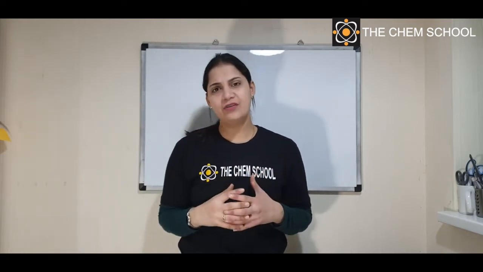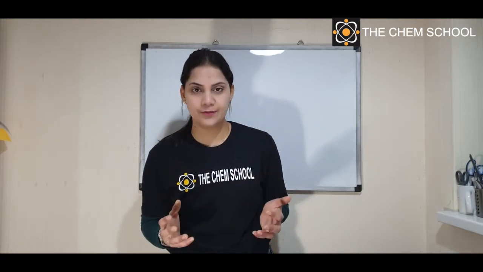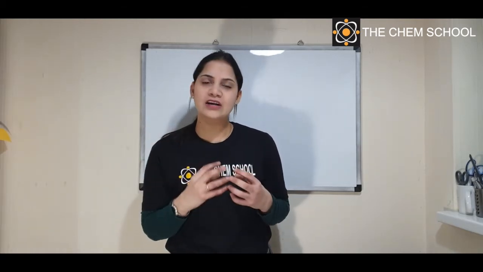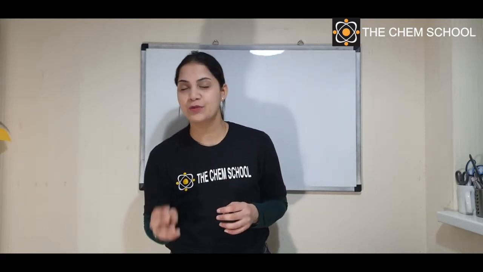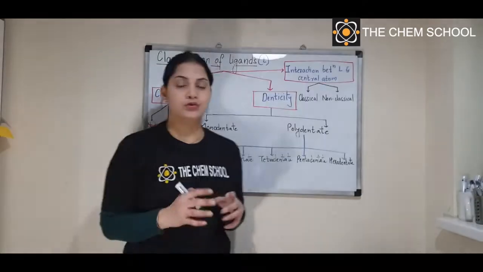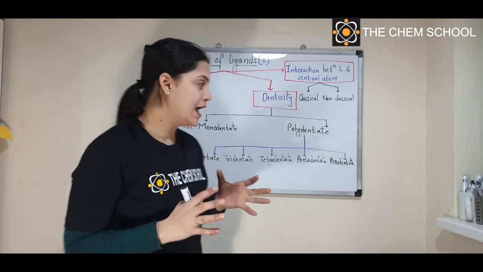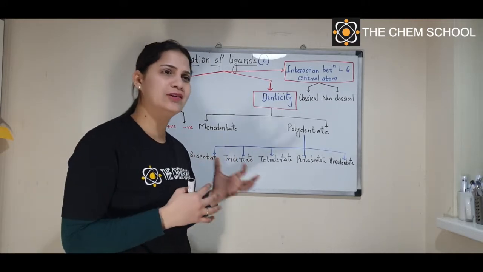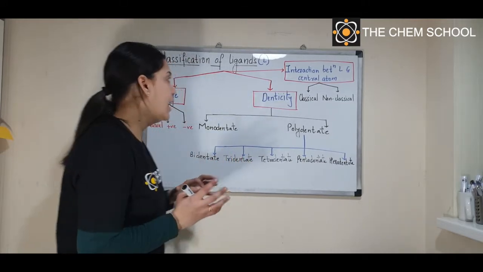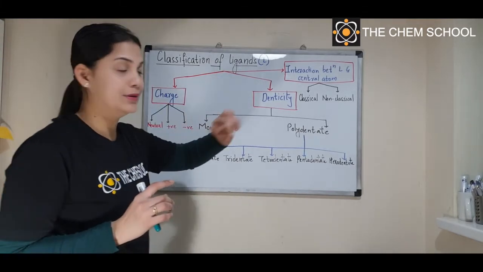So today what are we going to cover? Today we are going to talk about classification of ligands. In this we are trying to take more and more examples so that when you get a ligand, you know, okay, this is the ligand and this is going to be the name of the ligand. So let's get started. Let's broadly understand the classification of ligands, and that is all you will need for the entrance exam as well as normal high school or graduation. Henceforth for ligands, I will use the symbol capital L.